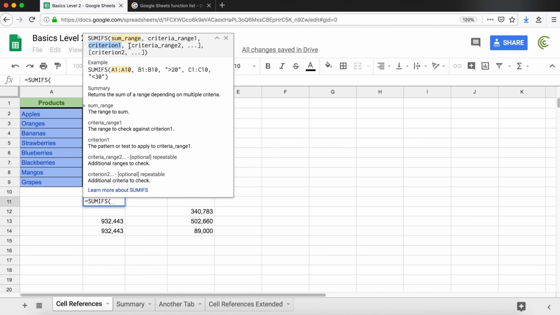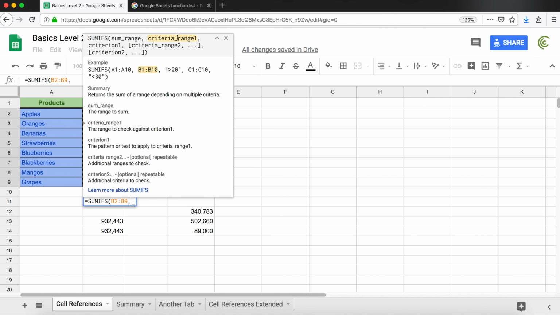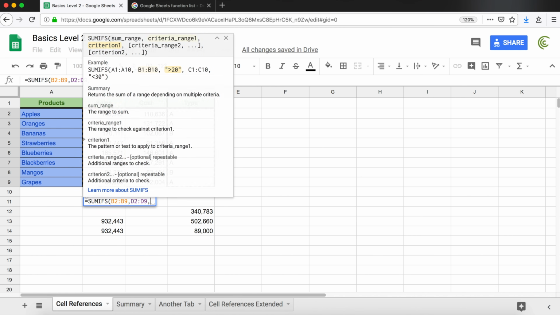But then we do have some optional arguments following that. So let's use this. Sum range is going to be, in my case, all of these, comma, and then we have a criteria range. My criteria range is going to be this range, comma, and finally the third required argument is the criteria for this criteria range, and I'm going to say